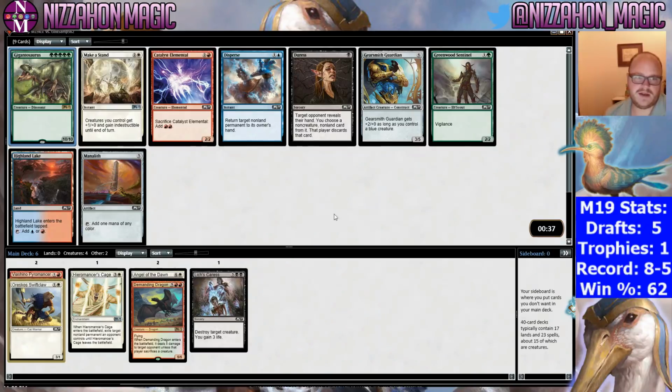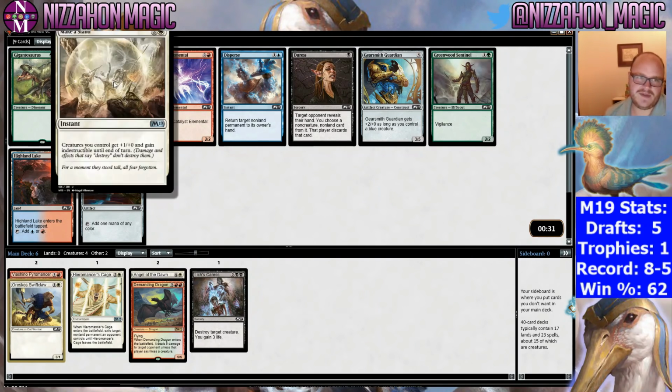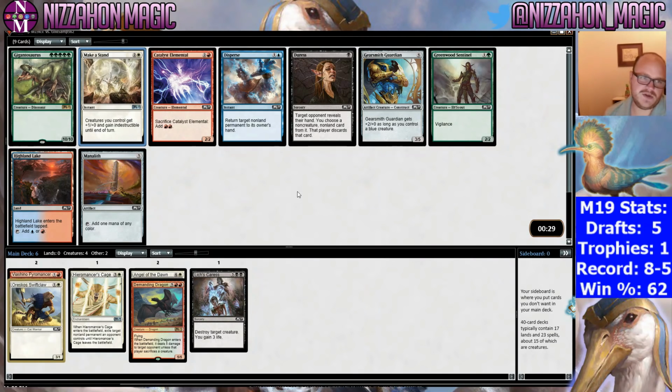This pack's not looking good for us. Could take Make a Stand, but I don't love it either. At least it gives Indestructible. Sometimes you can use it to save a creature from a removal spell. I don't love Catalyst Elemental, though if we can play turn 4 Demanding Dragon with it, that's pretty fun, but